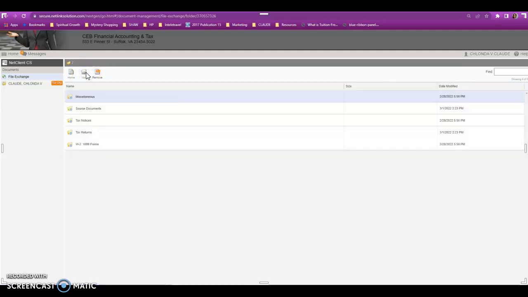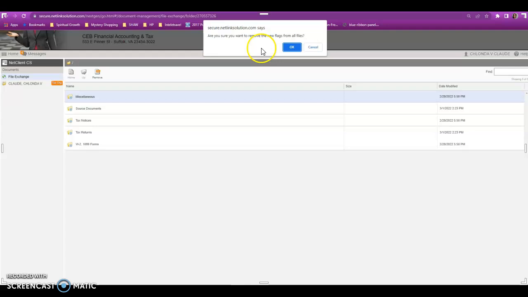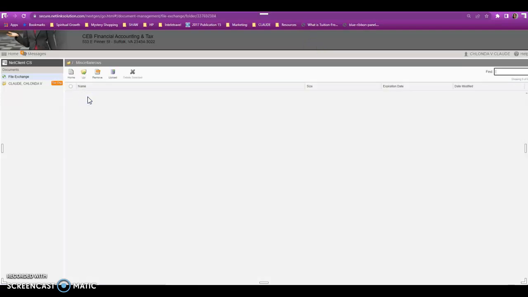So if I click on up, it's going to go up. If I click on remove, then of course it will remove all the flags, but I don't have any flags right now. So I'm going to go back into my miscellaneous folder, and to upload,